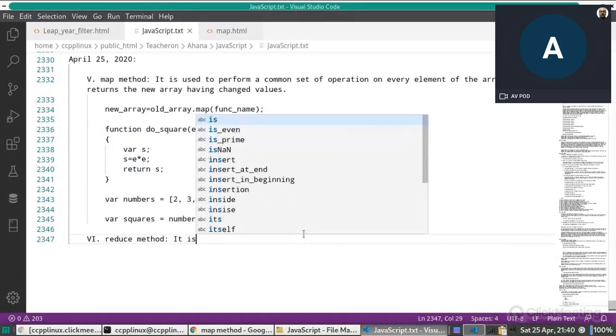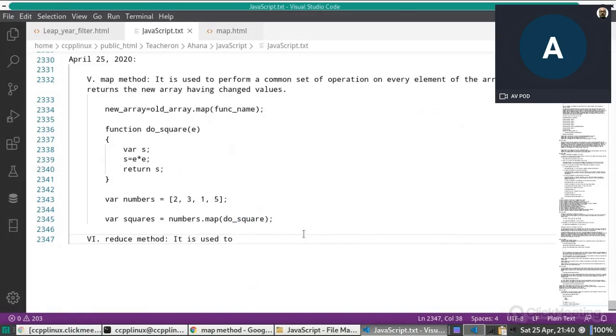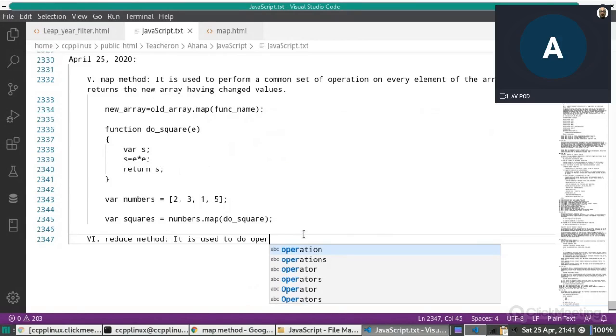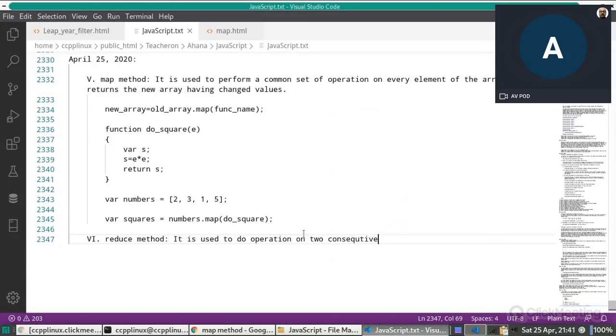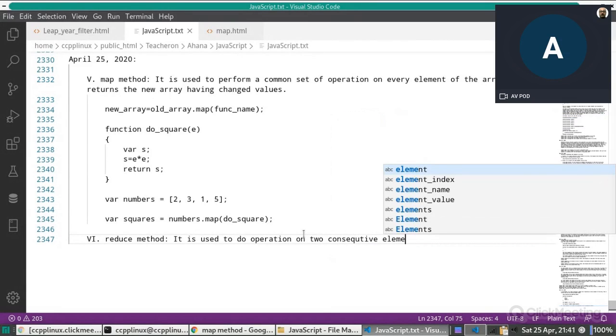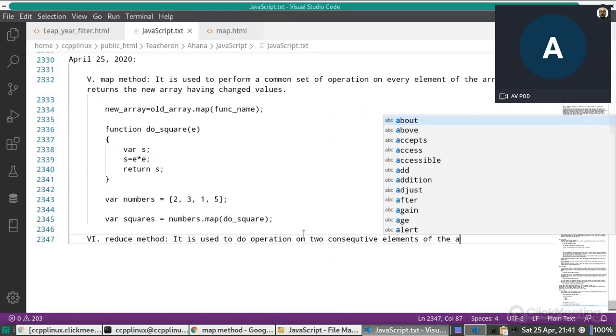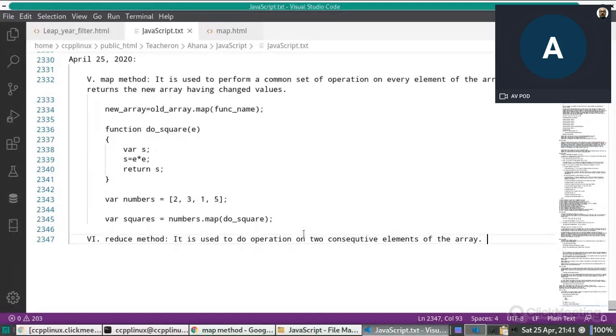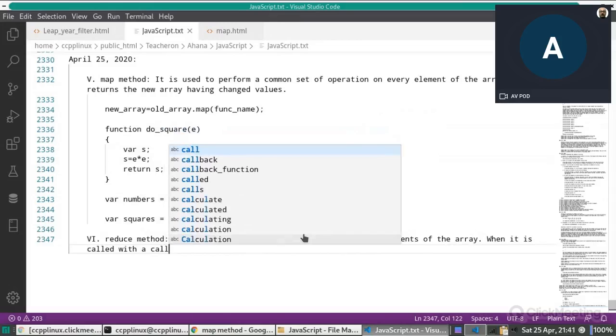It is used to do operation on two consecutive elements of the array. Then it is called with a callback function.